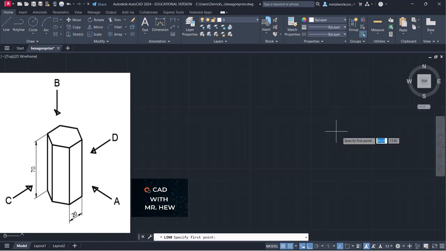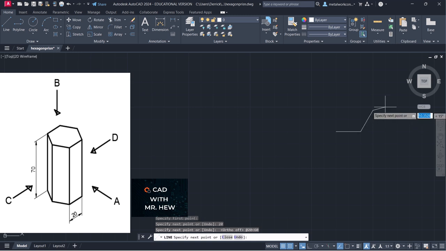So we're going to start right here. The first thing we're going to draw is a base. The base would be 20 millimeters long. Then I'm going to turn off ortho. So the length of the side is 20 millimeters and the angle would be 60 degrees. Enter. Alright, so remember we're drawing the hexagon. Now, it's a regular hexagon, so the length of the side would be 20 and the angle would be